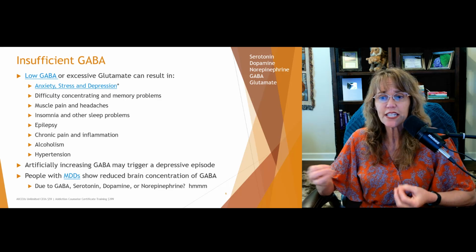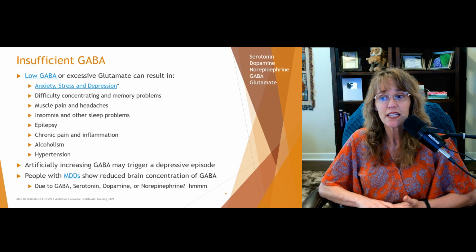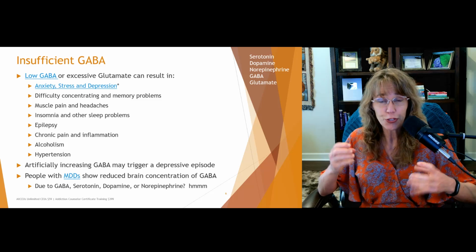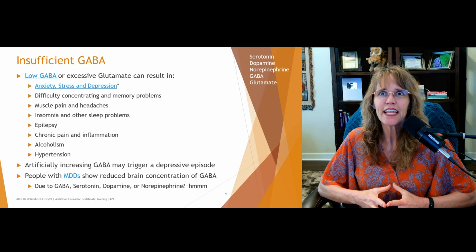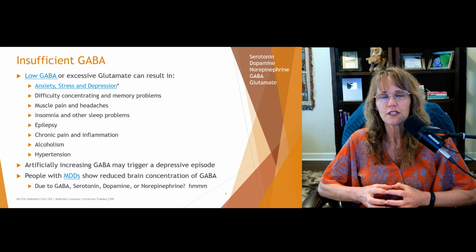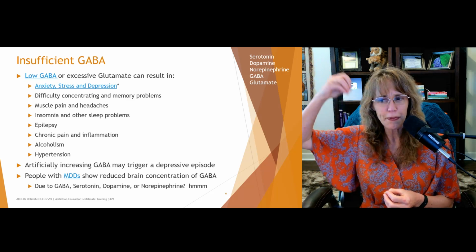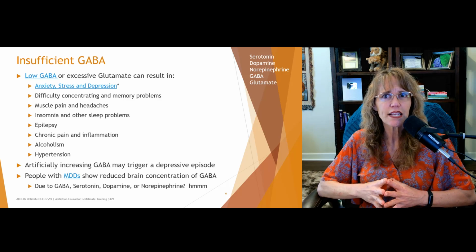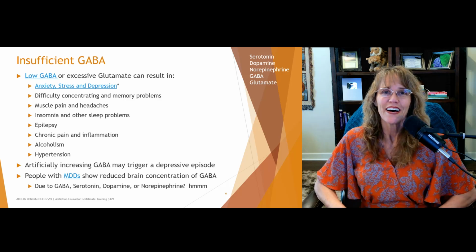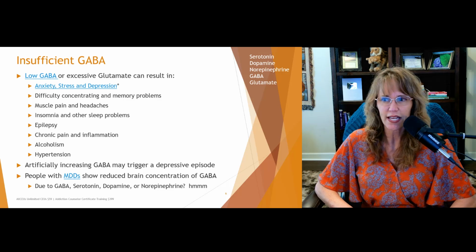We also want to consider dopamine and norepinephrine. If somebody has too much norepinephrine and they've been too focused, too intense for too long, then they may start feeling depressed, but norepinephrine is more of an excitatory. So as norepinephrine goes up, then GABA will go down. So do they have too much norepinephrine? We don't know. And that's one of the frustrating things for a lot of patients as well as psychiatrists.